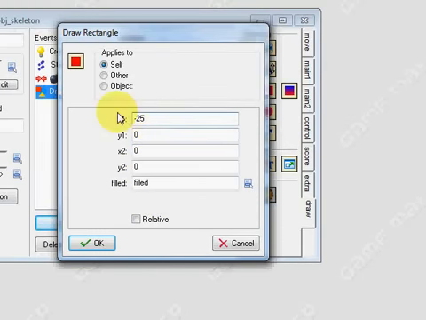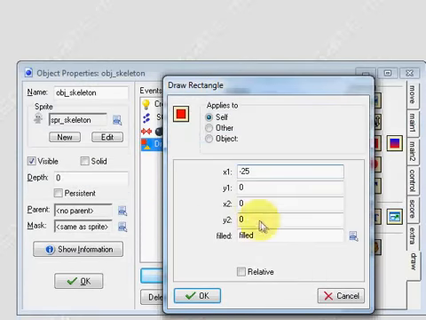Okay, so minus 25, so it takes away 25 from its current position, which is 0, and it draws one side of it. Y1 I'm going to go as minus 40, so it appears above the sprite, and Y2 is minus 50, so it gives it like a 10 pixel height. X2 is where the magic happens. Here you want to type in the same as the X1, but then use add, and in brackets put in HP percent